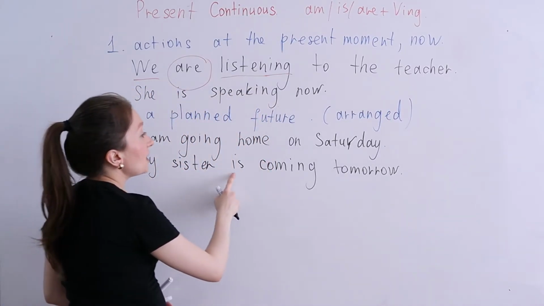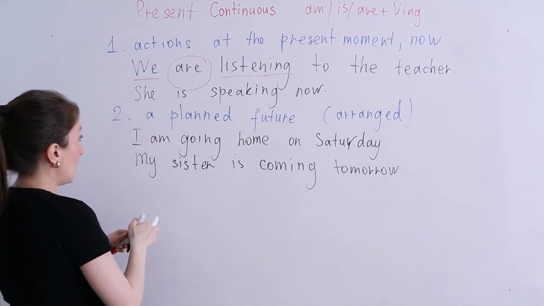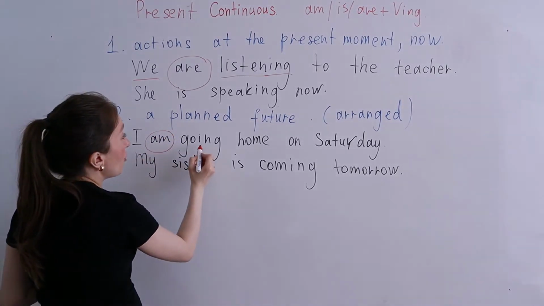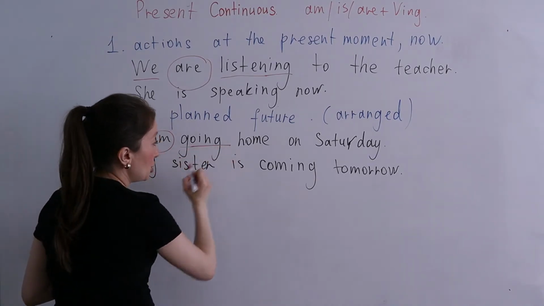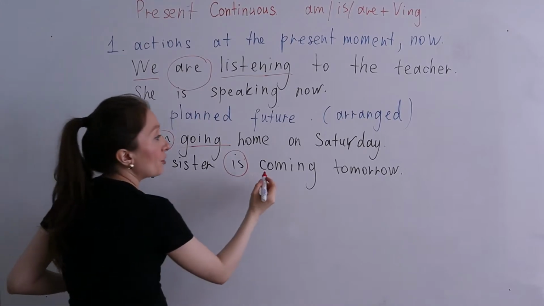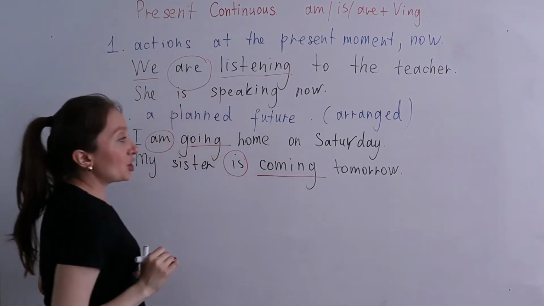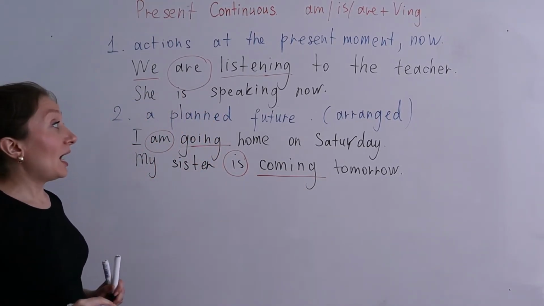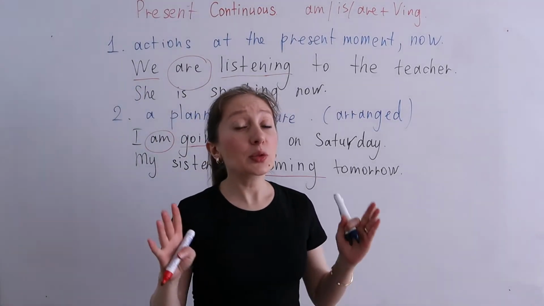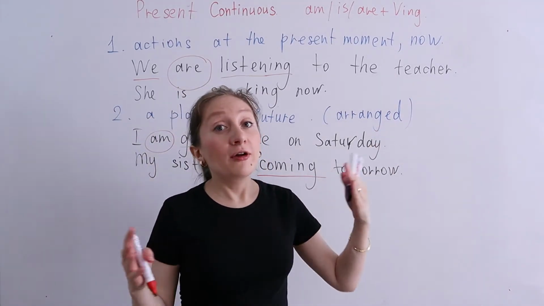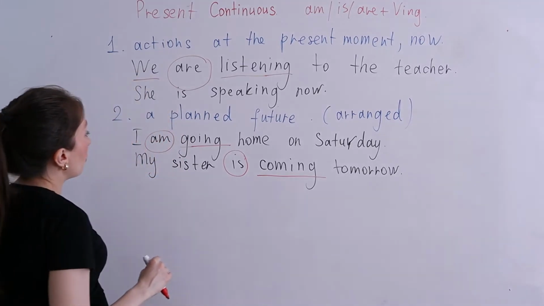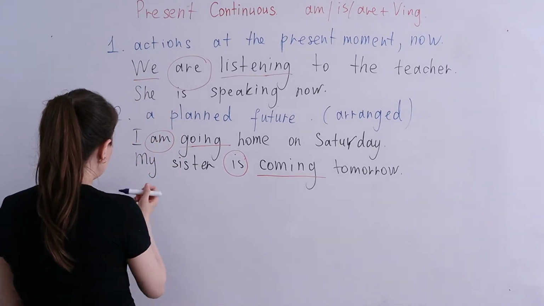My sister is coming. Again, the same construction. We have the verb to be, verb come, ing. The verb to be for she, sister, verb come plus ing. She is coming. I am going. This is your plans. Planned or arranged future. Alright? And number 3 is